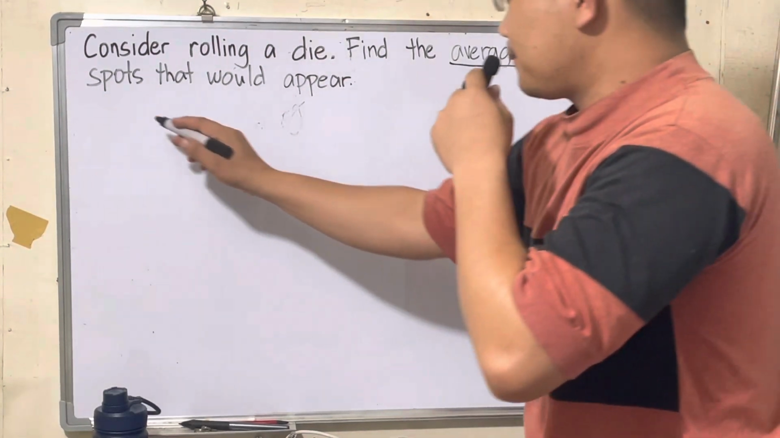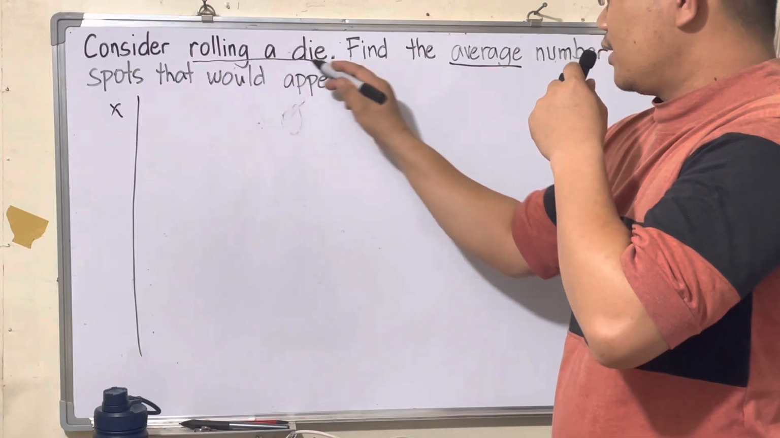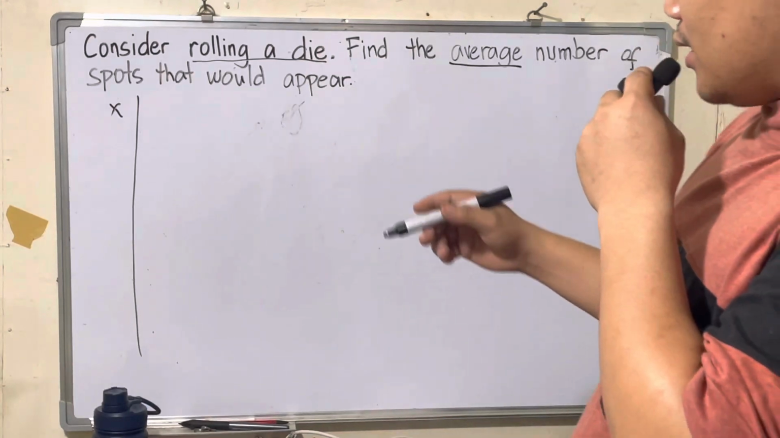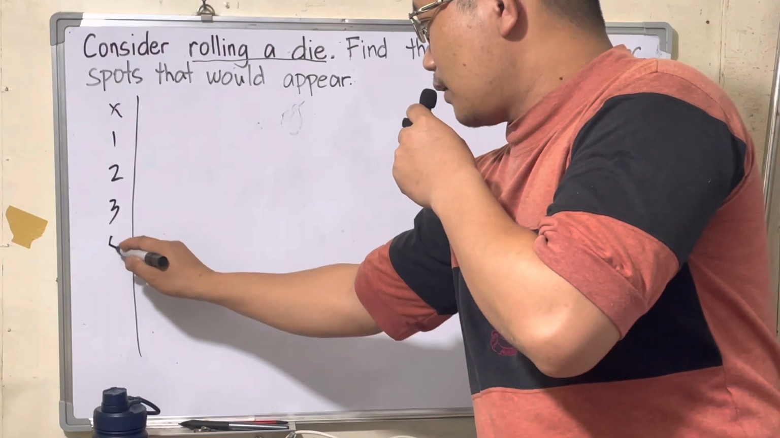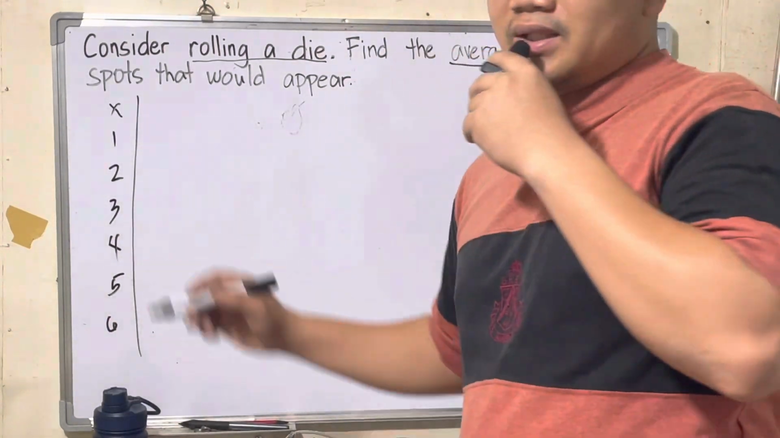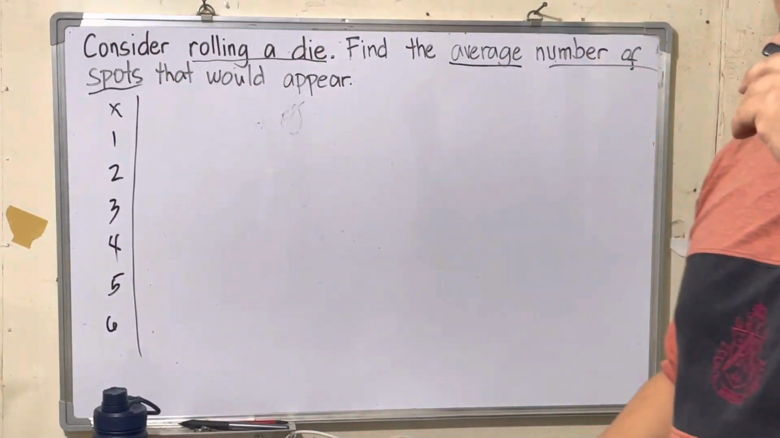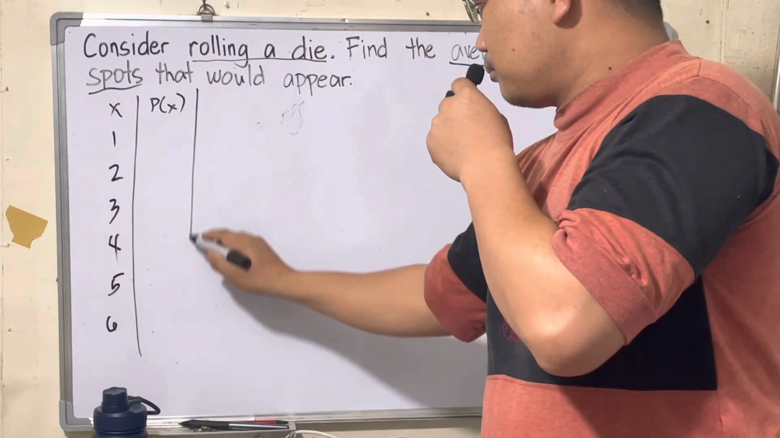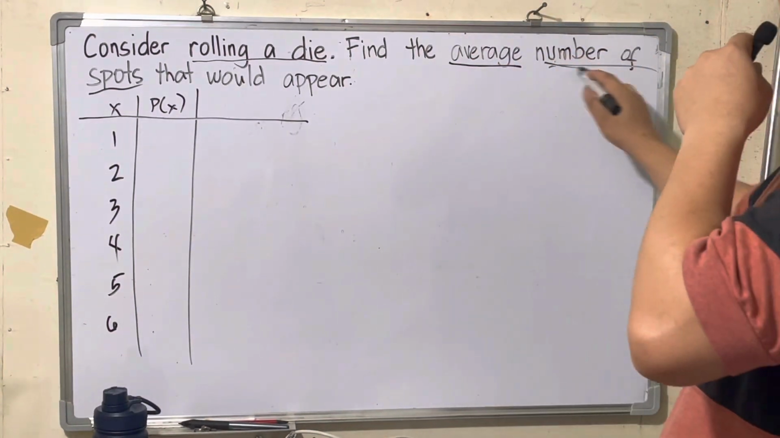So let x be your random variable. In rolling a die, how many possible outcomes are there if we roll a die? Okay, very good. So there are 6 possible outcomes. So that is 1, 2, 3, 4, 5, and 6, or x, that is the number of spots, or random variable x. Then we will find the corresponding probability of the random variable x, representing the number of spots